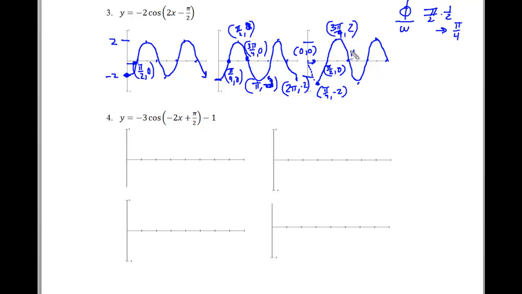And then finally we get pi, 0. And then we have 5 pi over 4, -2. 3 pi over 2, which is the same thing as 6 pi over 4, 0. And 7 pi over 4, 2. That should look like a 7. And then finally 8 pi over 4, which is 2 pi, comma